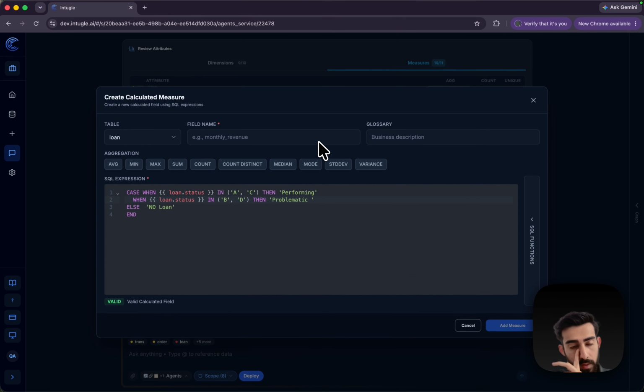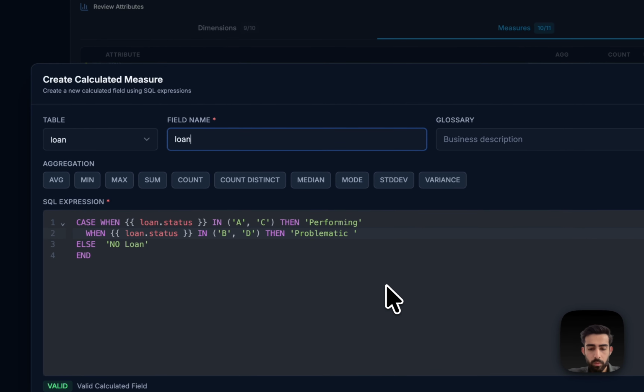So we have created this custom logic where if the status field contains values either A or C, then we consider that the individual is performing. Or if the value is B or D, then we consider it problematic, which is easier to consume for a business user. So what we'll do now is just create the field name. We can call it loan performance